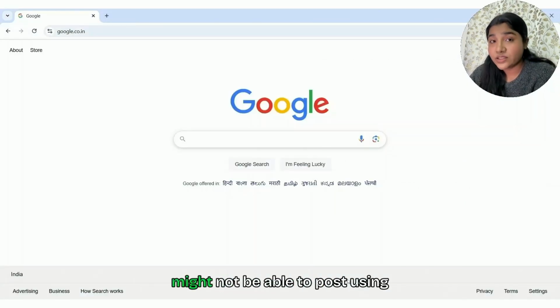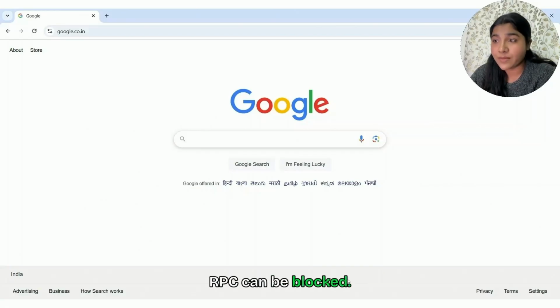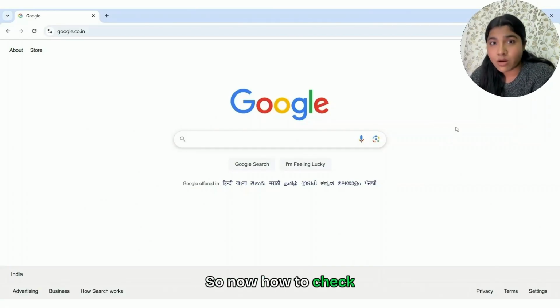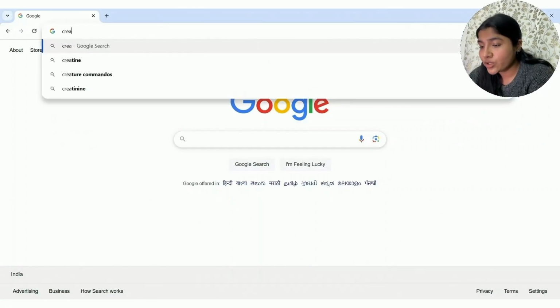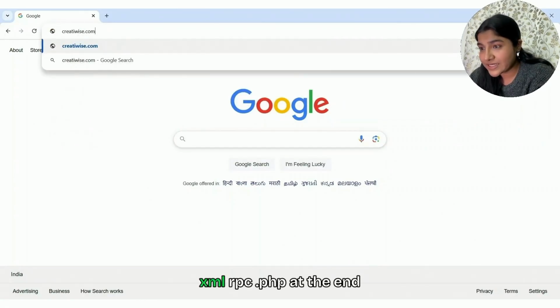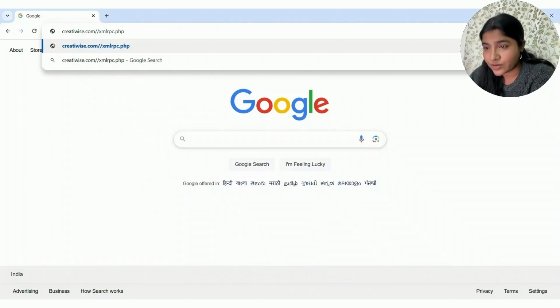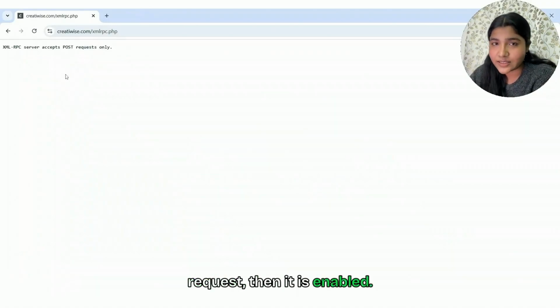Next, the reason that you might not be able to post using Apan can be that your XML RPC is blocked. So how to check this first? Open your browser and type your website URL, and add xmlrpc.php at the end, and then press enter. If you see that XML RPC accepts requests, then it is enabled.